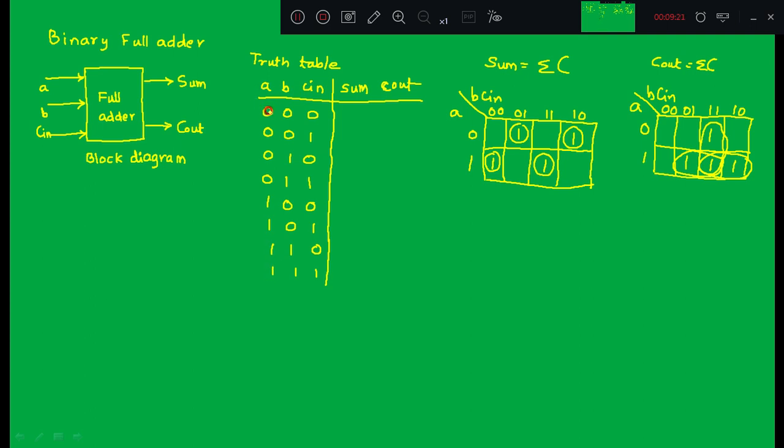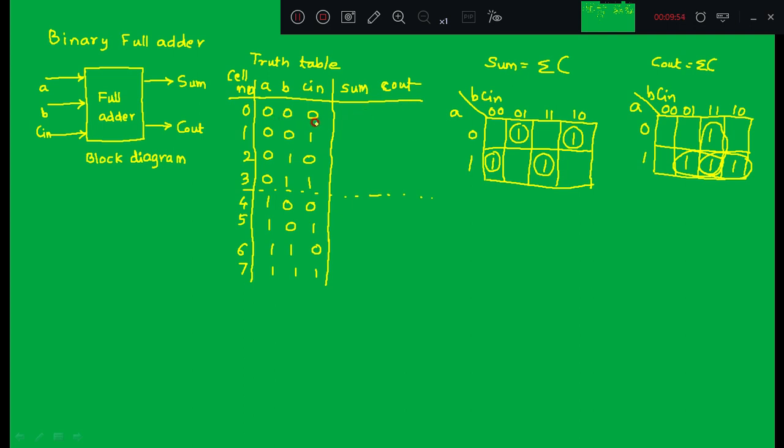If you number them with cell numbers, it will be from 0 to 7. Starting from 0, the cell numbers are 0, 1, 2, 3. As the number of entries is more, after 4 entries you can make a dotted line, then 4, 5, 6, 7.